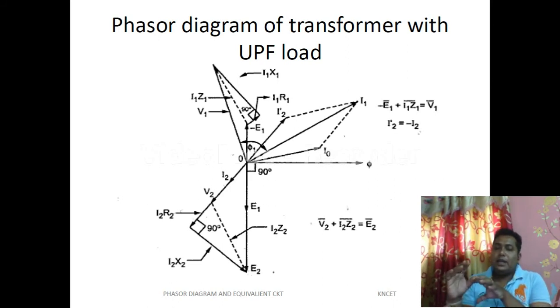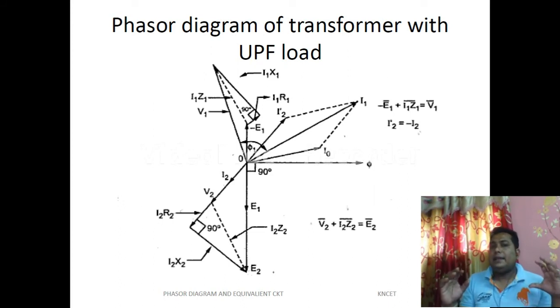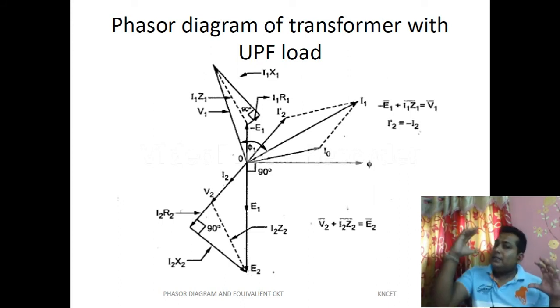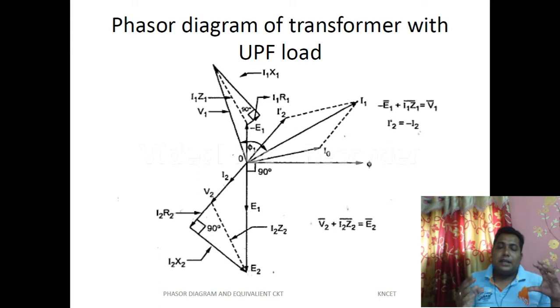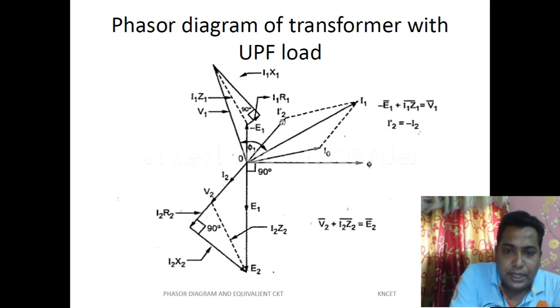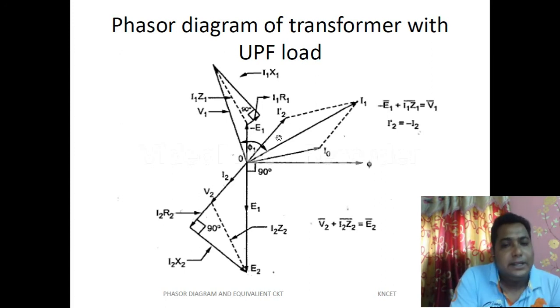So here the current is flowing, that we have given the name I2, and we know that when current is flowing through a coil, it generates some flux. Initially the primary side is generating flux. Now when the load is connected to the secondary side, it also generates some flux, and due to that flux, in the primary side there is some flux cutting. Due to that there is some current generation. This phenomenon is known as mutual induction, and due to that in the primary side there is a current generation, that is here, follow my pointer, that is I2 bar. The induction effect always gives a phase shift of 180 degrees. That's why from this I2 axis it is phase shifted 180 degrees, and this I2 bar is over here.